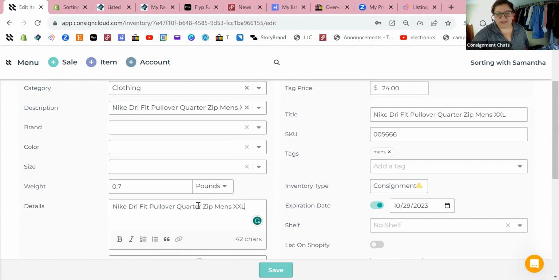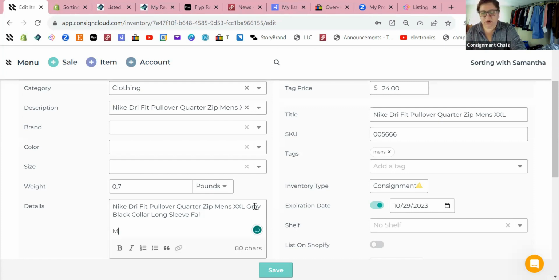I like to update my titles down here because it tells me how many characters there are, and then I know if I'm close to that 80 mark for eBay. I don't do any titles over 80. So I'm just going to add gray, black collar, long sleeve, maybe fall. It's a long sleeve, nice sweatshirt. And I'm going to put